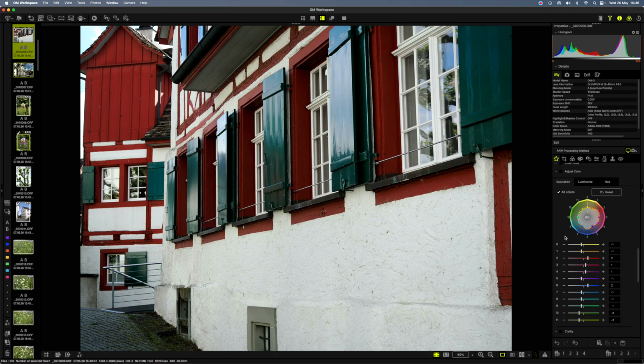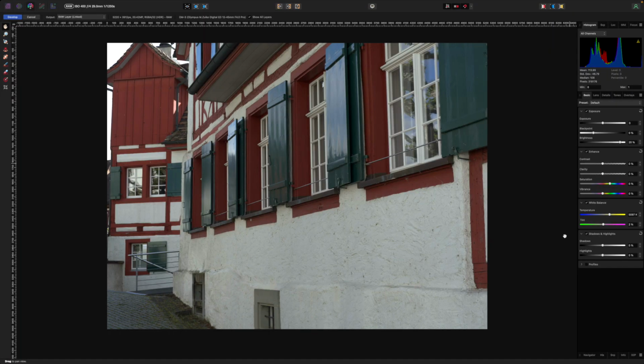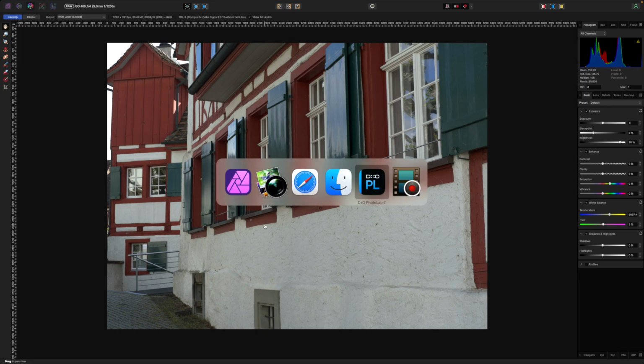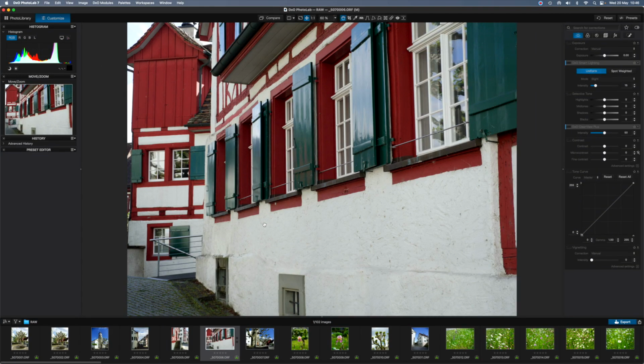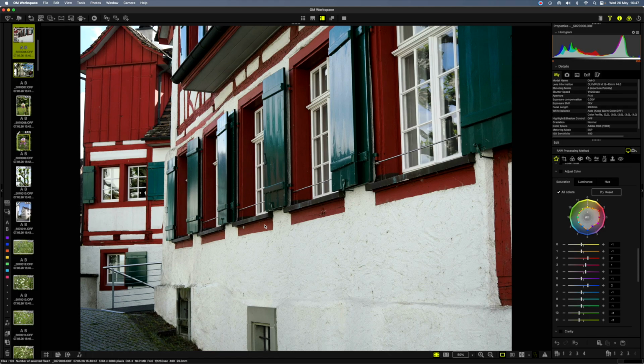without this enhanced data here. So if I go to, for example, Affinity Photo 2, here you see the basic raw data, so you don't see the enhanced data. If I go to Photolab from DxO, you see something similar, but it's not the same as the enhanced data in Workspace. Let's go to Workspace, and you can see immediately the change in the color profile that was applied in the